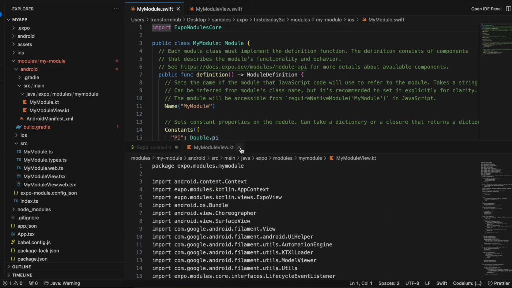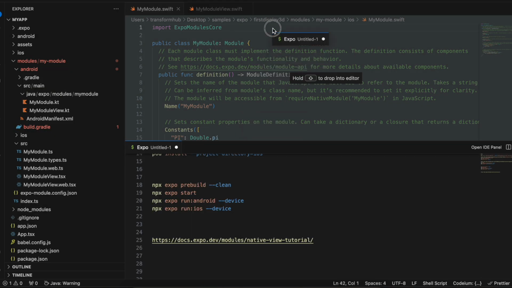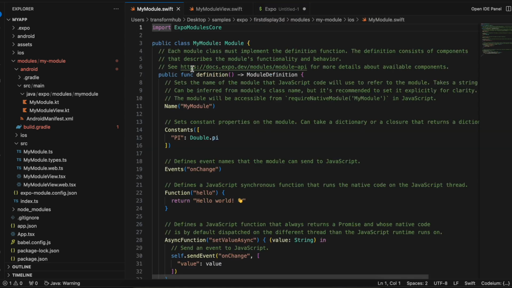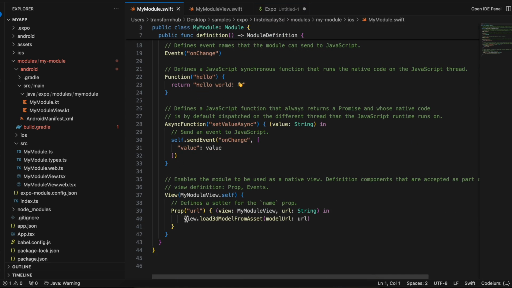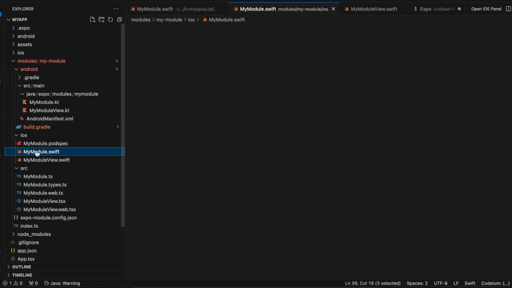Okay, and I will just remove this. I'll just move it over here. Now firstly I will go to my module.swift. Again we have to change this to URL, right? So I'll just go to iOS, my module.swift,